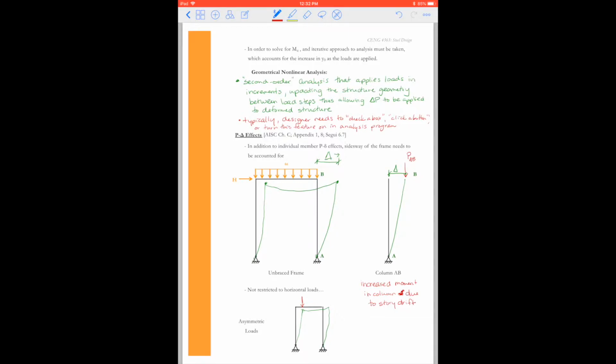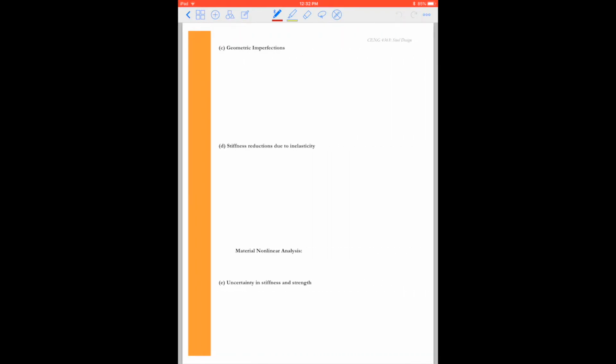All right, so that leaves the last 3 to be discussed. The last 3 are C, D, and E. C requires geometric imperfection. We know that we can't be perfect in our setup of our frame, and so that's going to lead to both system imperfections and member imperfections. Okay, so system imperfections, we need to account for this in our design, and we look to AISC, the code of standard practice,